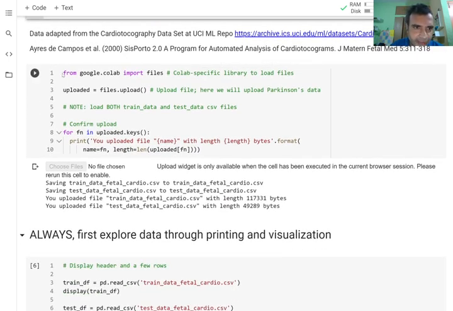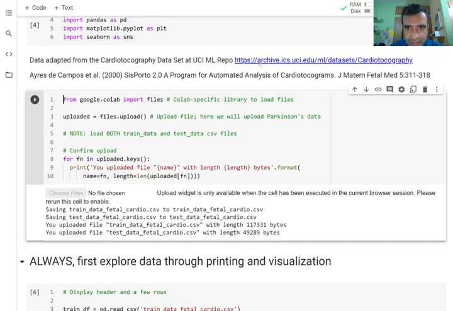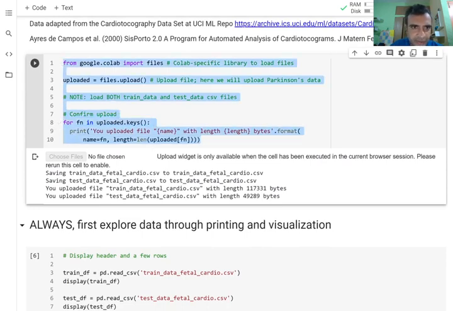Okay, and in this section we will import the data. This data is basically two different kinds of heart monitoring patterns in fetuses, and it has been adapted from this repository. I have simplified it slightly for this example so that I can demonstrate certain concepts. So it's a binary classification problem in this case. There is one set of measurements and another set of measurements for the heartbeat of fetuses, and we want to be able to classify both. And so these lines of code help us import the data.